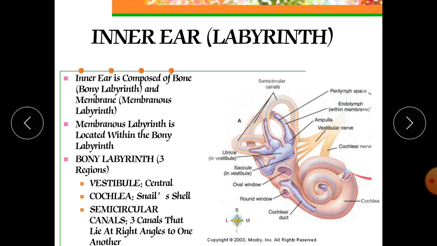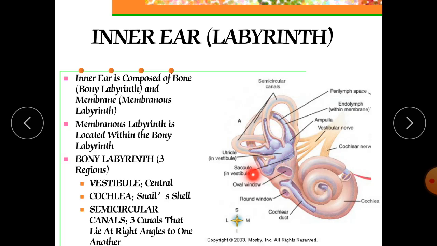There are three types of semicircular canals. The anterior and posterior semicircular canals are vertically oriented. The lateral one is horizontally oriented. At one end of each canal is a swollen enlargement called the ampulla. The portion of the membranous labyrinth that lies inside the bony semicircular canal is called the semicircular duct. These structures connect with the utricle of the vestibule.